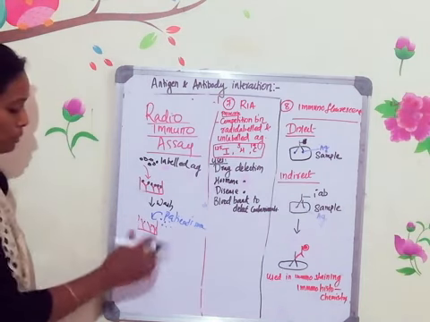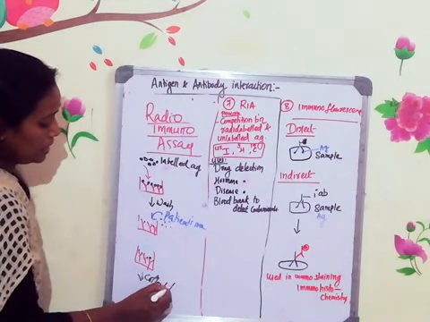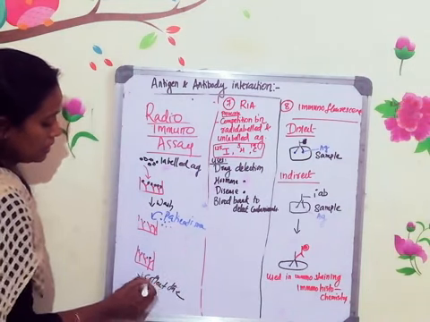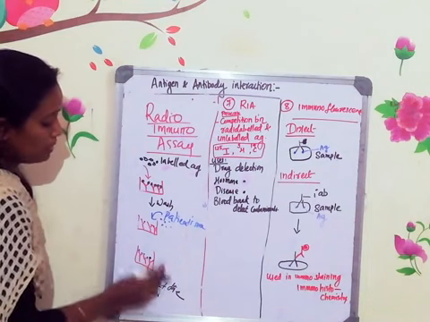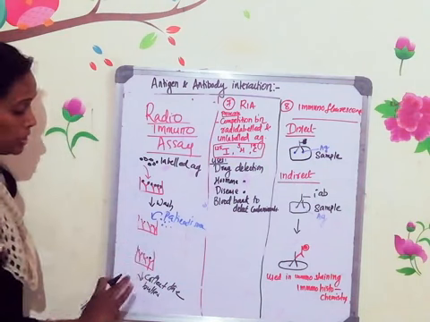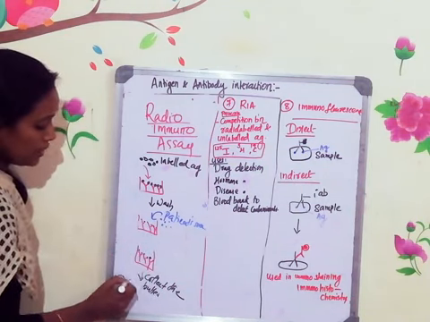Now again you have to wash, and after washing, collect the buffer. Which buffer? The buffer you are using here for the washing step. After washing, you need to collect the buffer and check the radioactivity.